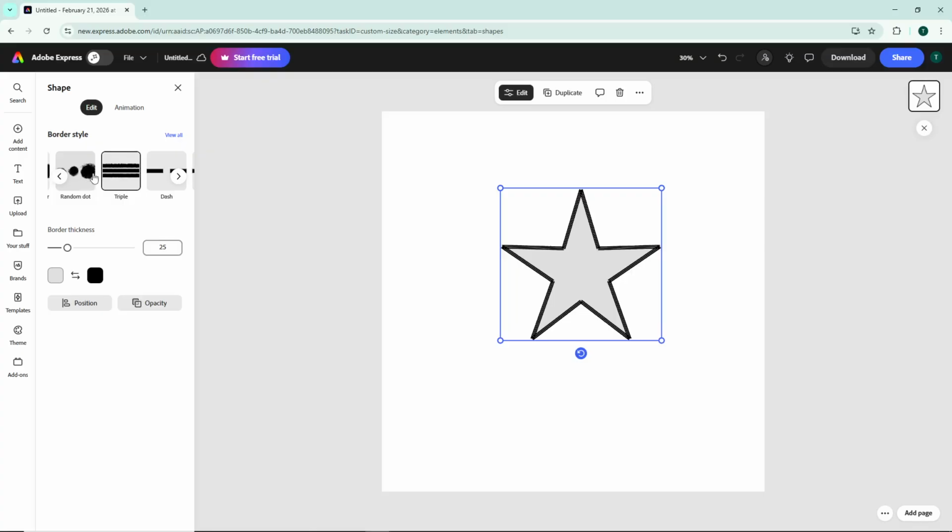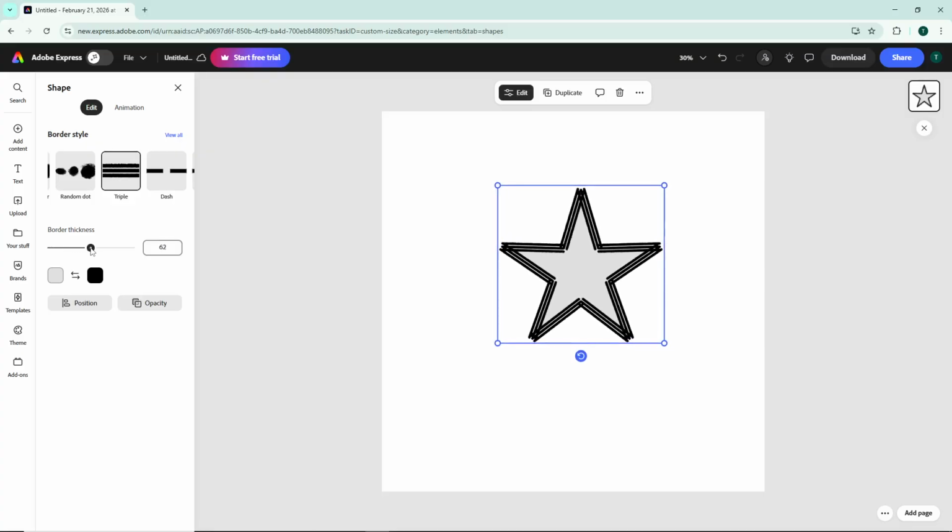Next, navigate to the border thickness option. You'll see a slider that allows you to adjust how thick or thin you want the border to appear. Drag the slider left or right until you achieve the look you're going for. This is particularly useful when you want your shape to stand out or blend more subtly with the rest of